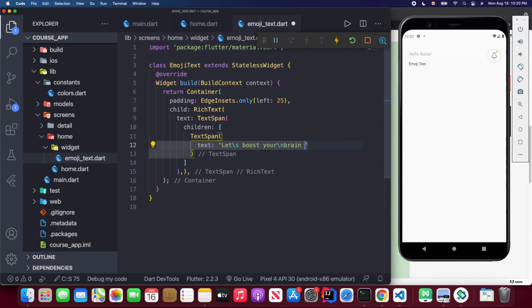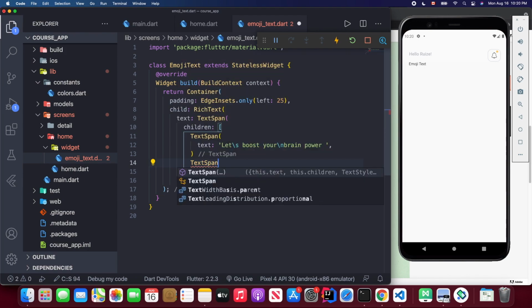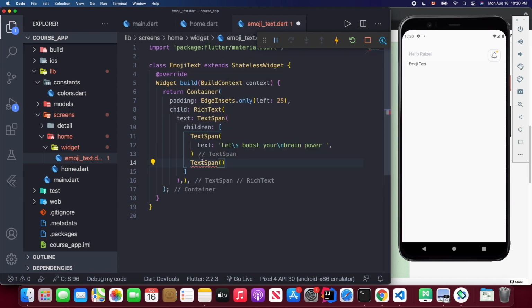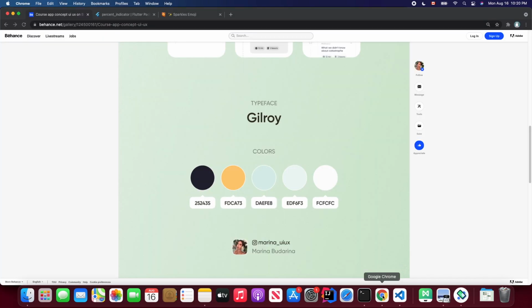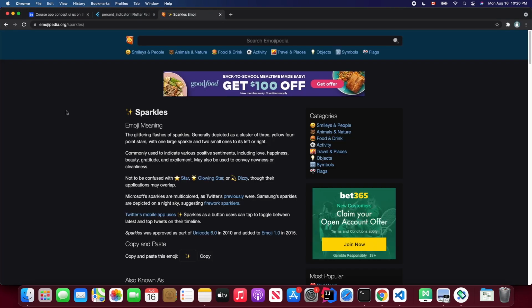Boost your brain power, and also another one is also a text span. But here we need to use our emoji. So just back to the website I prepared. Here it's called